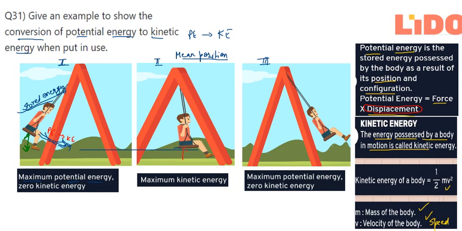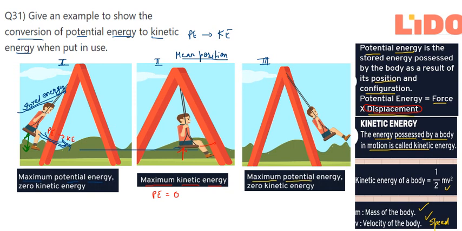Again, the mean position. So now there is no potential energy. That is, the potential energy has become zero over here, and there is maximum kinetic energy. I hope you understood the conversion of potential energy to kinetic energy in this case. This may further go on. If the boy keeps on moving ahead, then again this kinetic energy keeps decreasing until he reaches the maximum potential